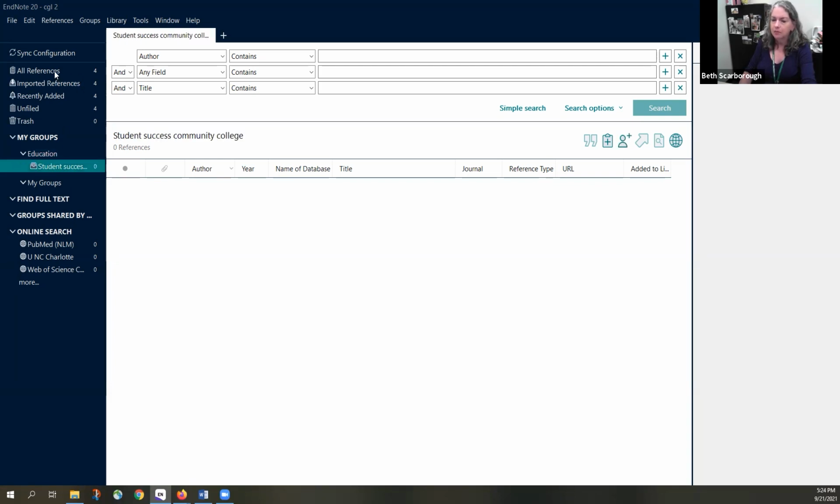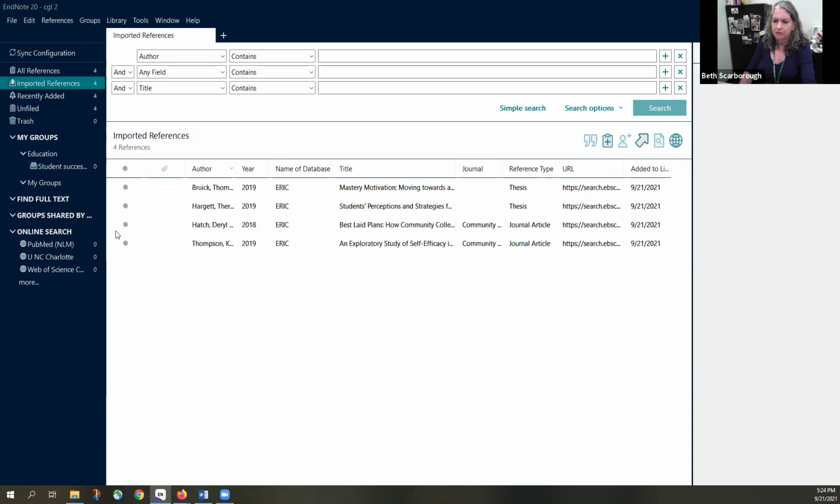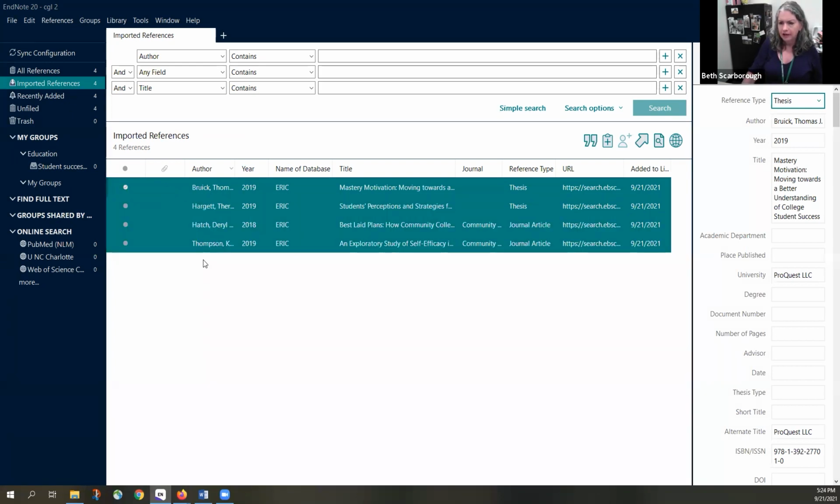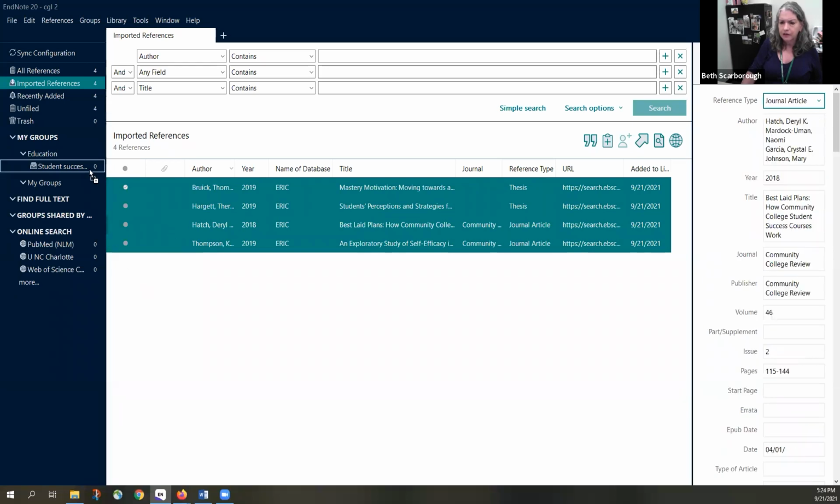So I'm going to go up here, and you see on mine that it tells me I've got 4 references that were exported and imported into EndNote. And if I click on one and then hit Control A or Command A, it'll highlight all of them. And then I can drag it to my student success group. So y'all practice doing that,